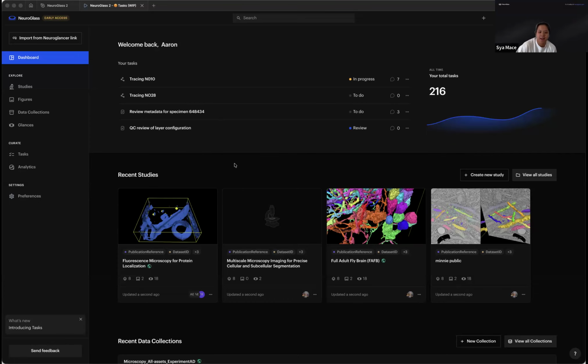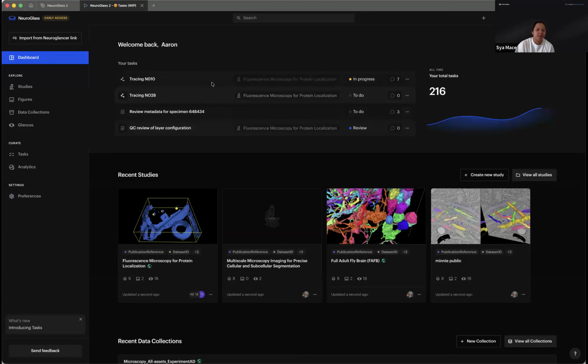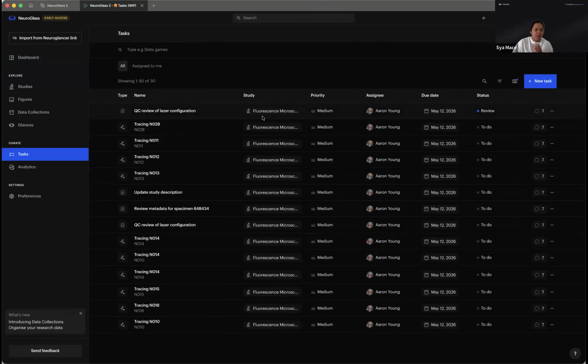Yeah, cool. Right. So with tasks, now task is on your dashboard as well, right? So all you see is your task. When you first enter NeuroGlass, if you have any pending tasks, that will be the first thing you see, and you just click on that. That goes into the task, or things that you need to do with the task. There is also the task screen, which just lists all the tasks that are open. You can filter that directly to you, so you're only focusing on and seeing your tasks. It's a pretty standard task management system, if you're from Jira or Monday, etc. It's pretty standard in that sense, but